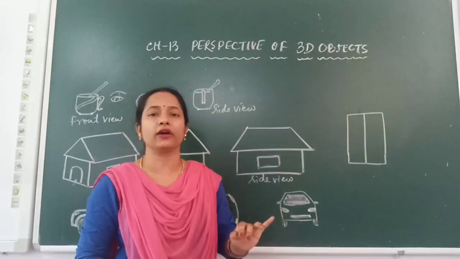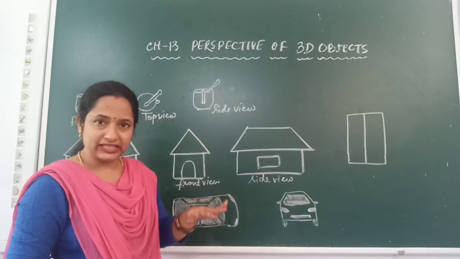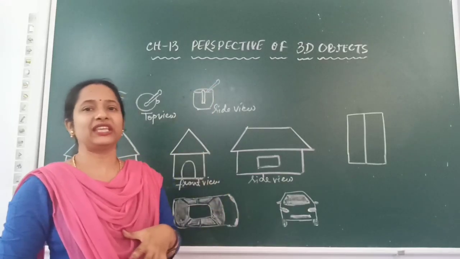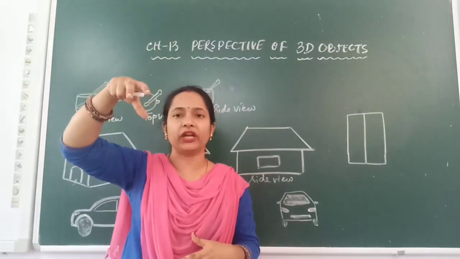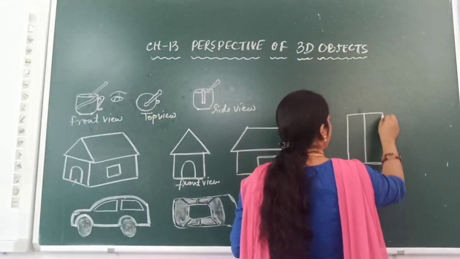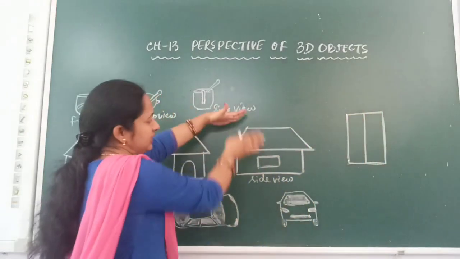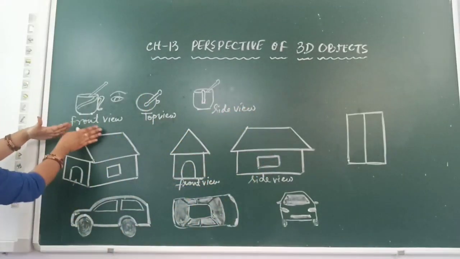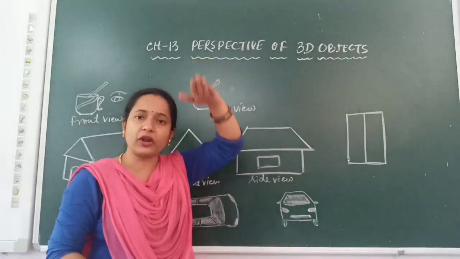Vertically into two halves. Can you guess which view is this one? This is the top view. See, exactly, if you go and view the house from the top, you will just simply find a rectangular shape. And we all know the house is in the shape of sloping. See, it is sloping on both the sides, but this sloping will not be visible from the top.